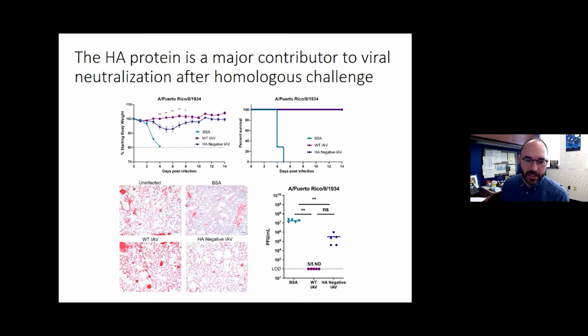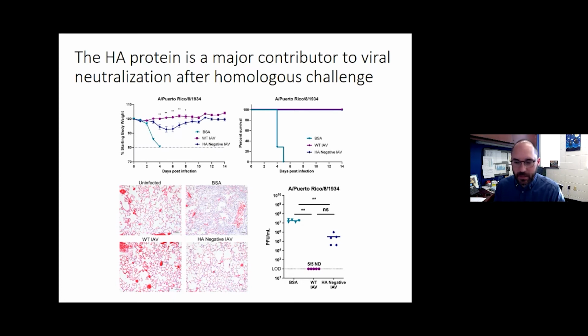You can see the lung histology on the bottom left. Again, uninfected is what the lungs should look like. BSA vaccine, these lungs are in rough shape. There's a ton of immune infiltration. The vaccine groups all look reasonably similar to the uninfected. But on the bottom right is what I really want to point out here, is that this similar level of protection with respect to the vaccine